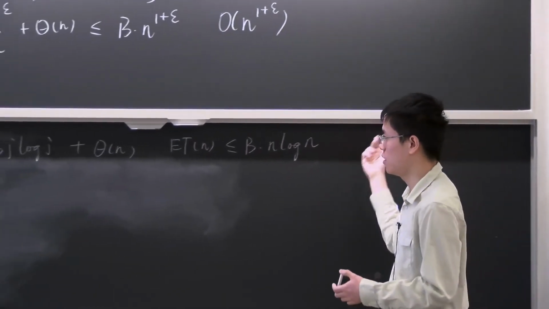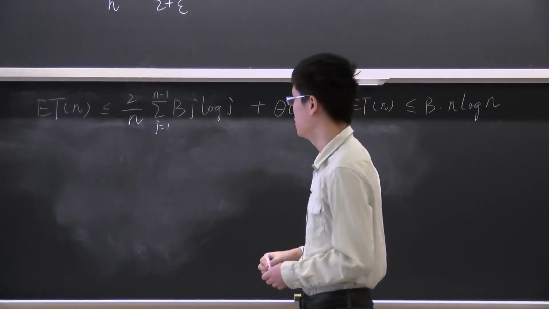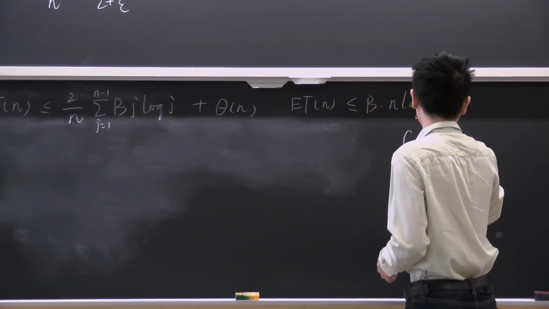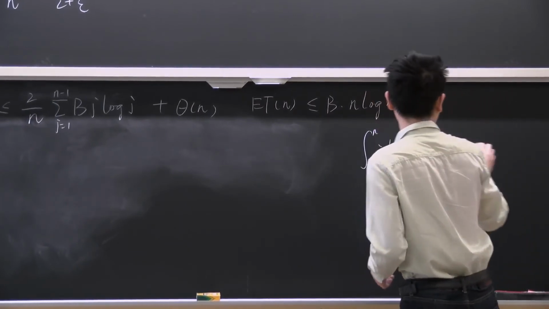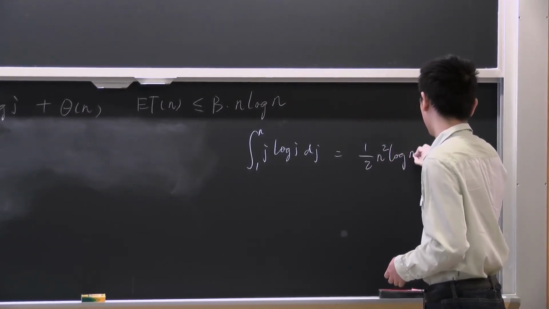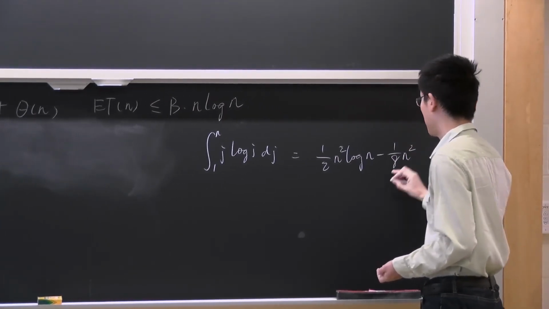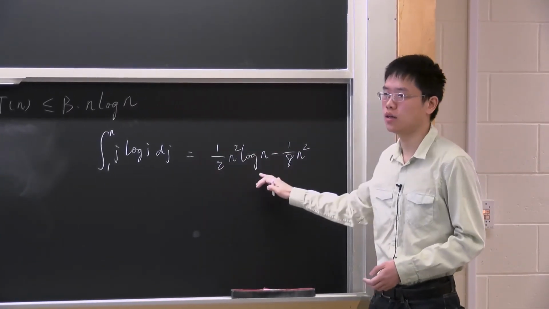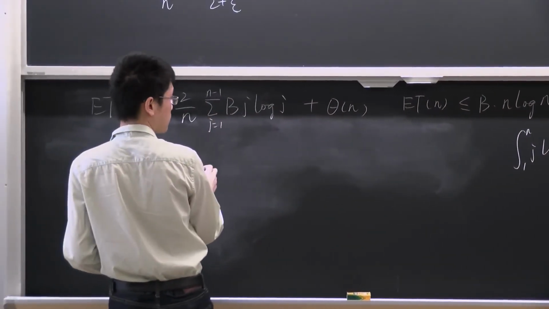I'm not going to do that because that's what you should have learned in calculus or other math class. But it happens that this integral of j log j is roughly half of n squared log n minus some constants times log n. I think you can change this constant, but it's roughly smaller than that. If you plug that in, you get